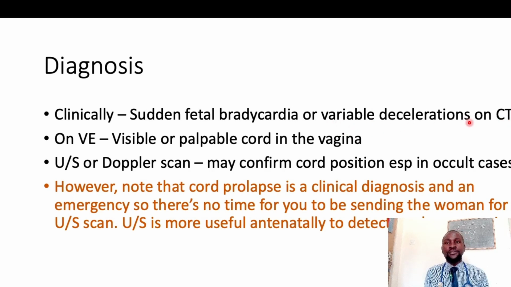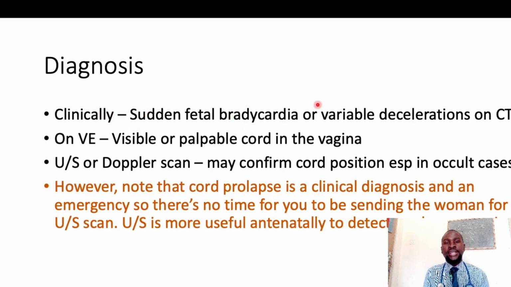cord prolapse. So what type of decelerations do you find in cord prolapse? Variable deceleration. This is where you don't have a relationship between the fetal heart rate tracing and the contraction of the uterus, okay. This deceleration can come before, it can come after, or it can come together with the contraction. That is a variable deceleration, and that is what you find on a CTG in a patient with cord prolapse,